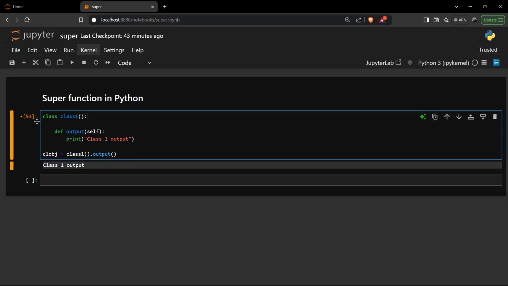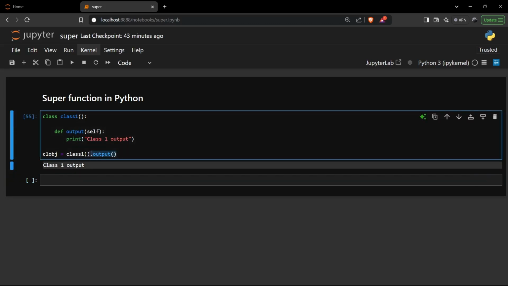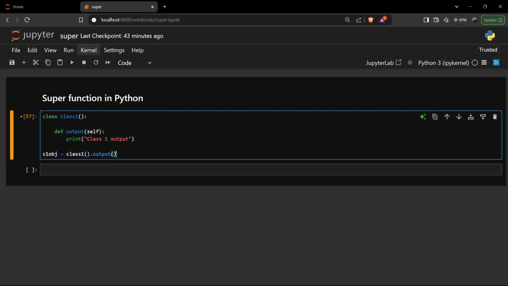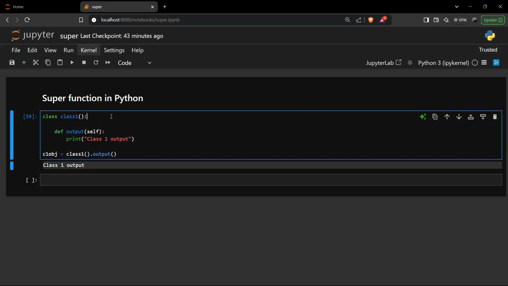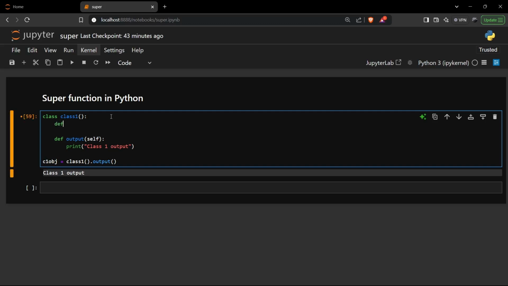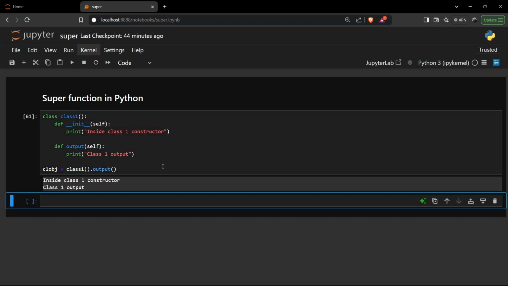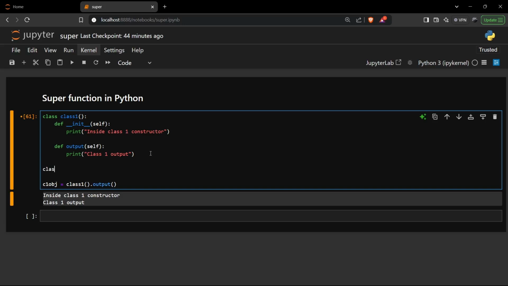But what if we didn't have the constructor? Still, it will work because we are calling this. If we cut this out, then nothing will be printed. So that is pretty much how the class, the function, and the constructor work. Now let's just define the constructor back. Okay, now that it is working, we can go on and create another class called class 2